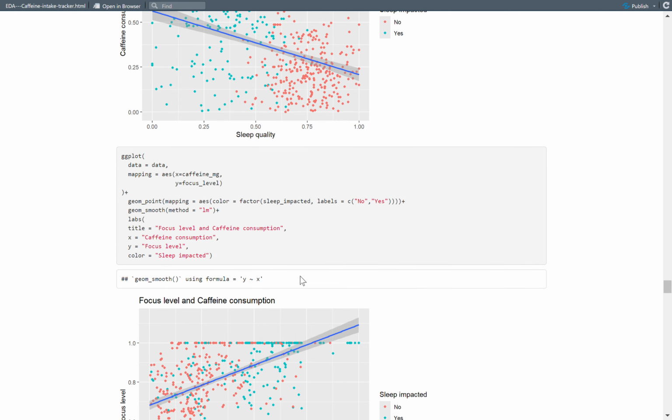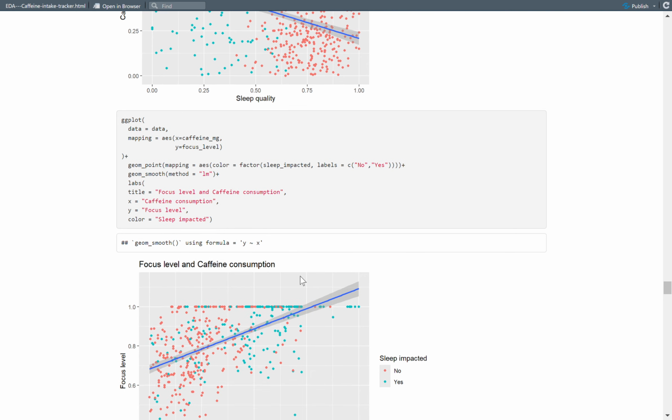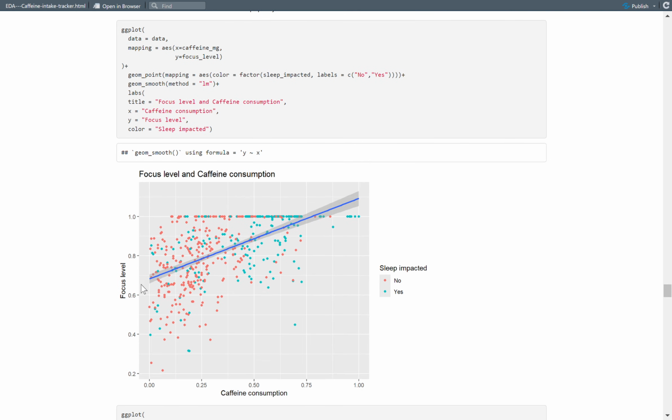Up next, focus levels and caffeine consumption. Focus level is on the y-axis and caffeine consumption is on the x-axis. And here we can see that the most focused people in this data set seem to be caffeine addicts. They are taking in a lot of caffeine. In this data set, people with high levels of focus have high consumption levels of caffeine, and the vice versa is also true. People with high caffeine consumption